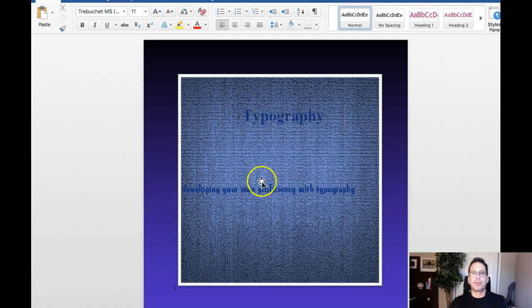So there's no real relationship planned. It appears that there's no planned relationship between the title and the body copy. So for that reason, I would recommend centering this. So at least that way both of them are centered,